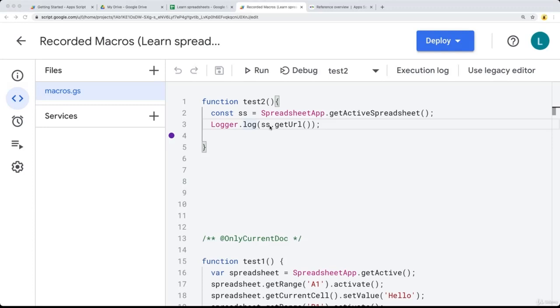Now you're going to see the log output within the execution log. So this is now within the newer version where you don't have to go back to find the log. It's just going to be sitting within the execution log. So let's go ahead and run